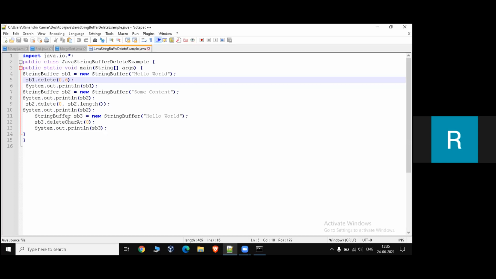Next is delete char. This is used to delete one character from the string. So let us see the output.